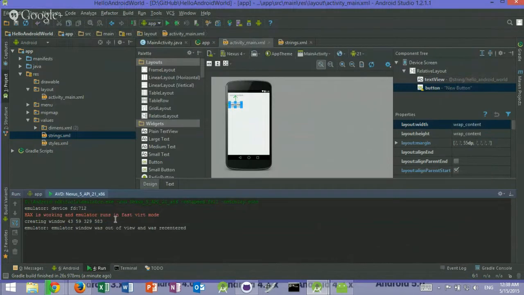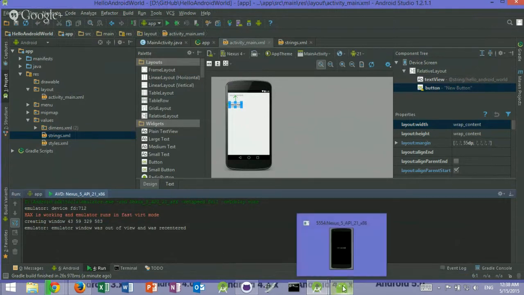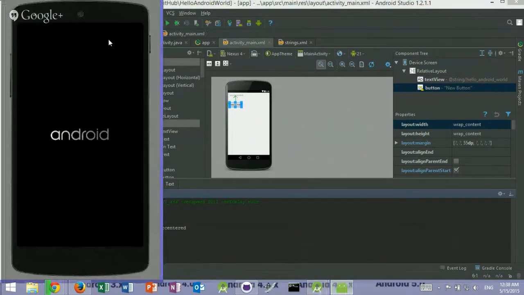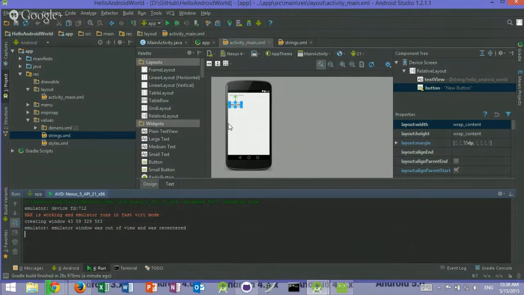So what is it doing now? The AVD is creating a monitor right now. This one. Yeah. So you see your phone being generated right now. It's running. Basically. So while it's running, right,